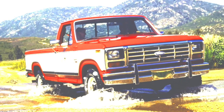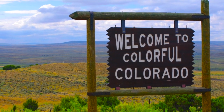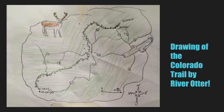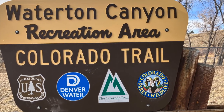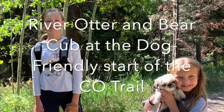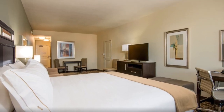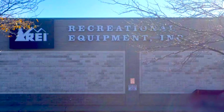You are flying or driving to Colorado from out of town or out of the country and plan to start the Colorado Trail southbound, or as some folks call it, Denver to Durango. You might be planning to start at Waterton Canyon, the Indian Creek Trail, also known as the Dog-Friendly Point, or Roxborough State Park. Today, we're going to learn about hotels, transportation, lodging, and places to stock up on supplies before